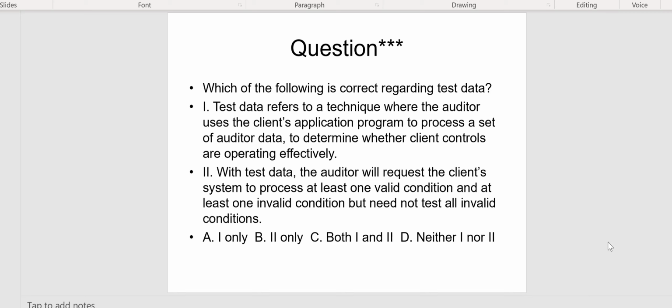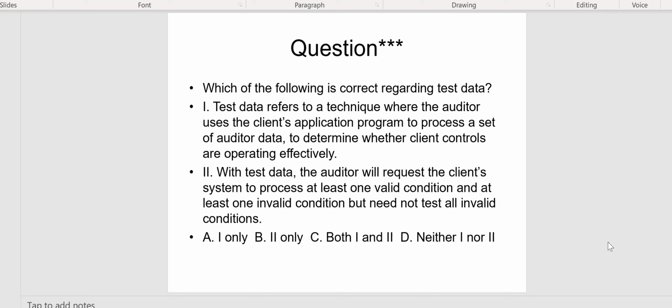Yes, that sounds like test data. Notice the data is the auditor's data. The auditor shows up with auditor data to test the client's system. 2. With test data, the auditor will request the client system to process at least one valid condition and at